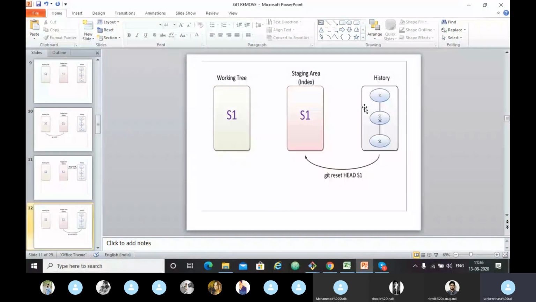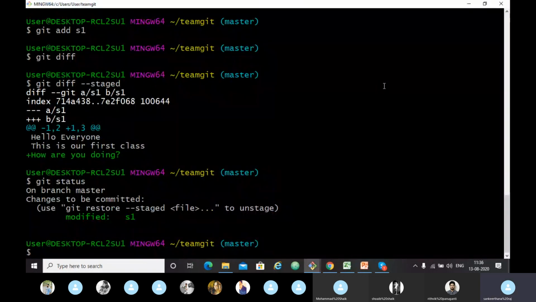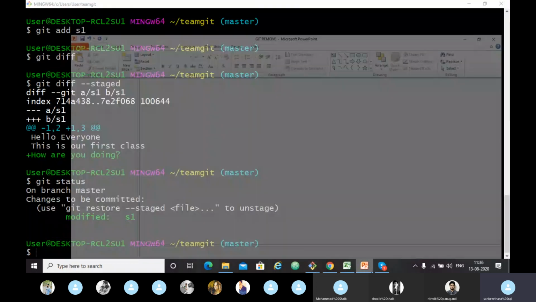So let's see how to use that command. After we do this, we can do this by the git reset command, right? Git reset HEAD. We can unstage the files by using the git reset HEAD command. Here HEAD refers to the most recent commit, s1, right?